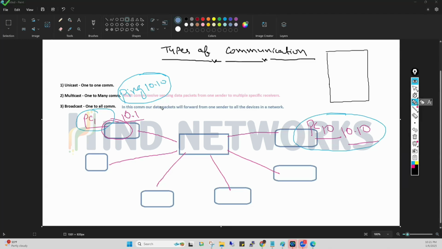What is the PC number 10 logical address, and what is the PC number 10 physical address? These are the two pieces of information PC number 1 must have. Without these two, how will PC number 1 reach PC number 10? That is not possible. Getting my point, everyone? I hope you understand. Right? Now,